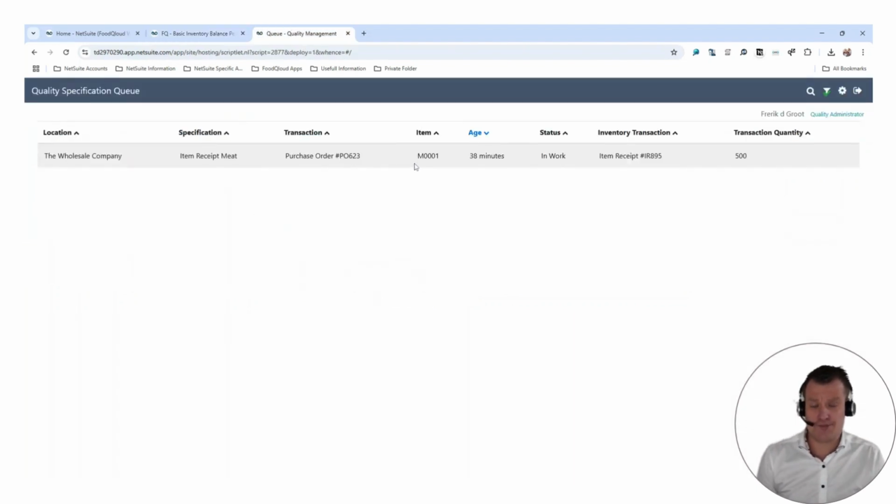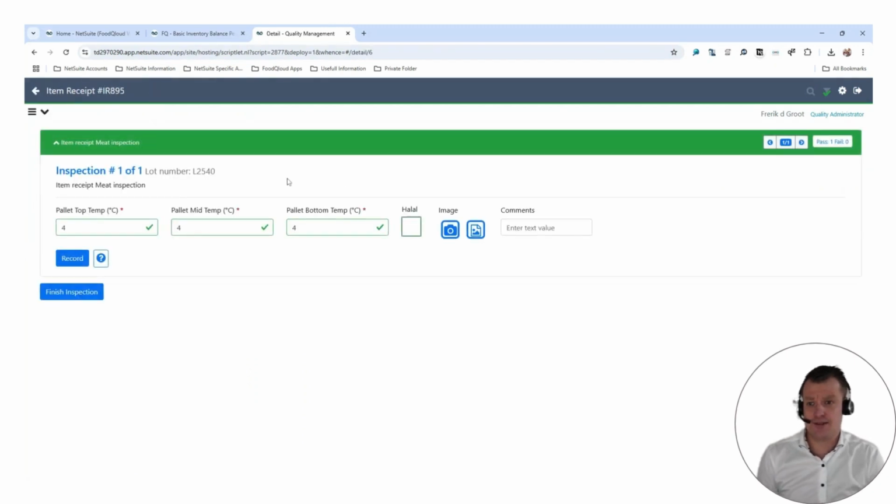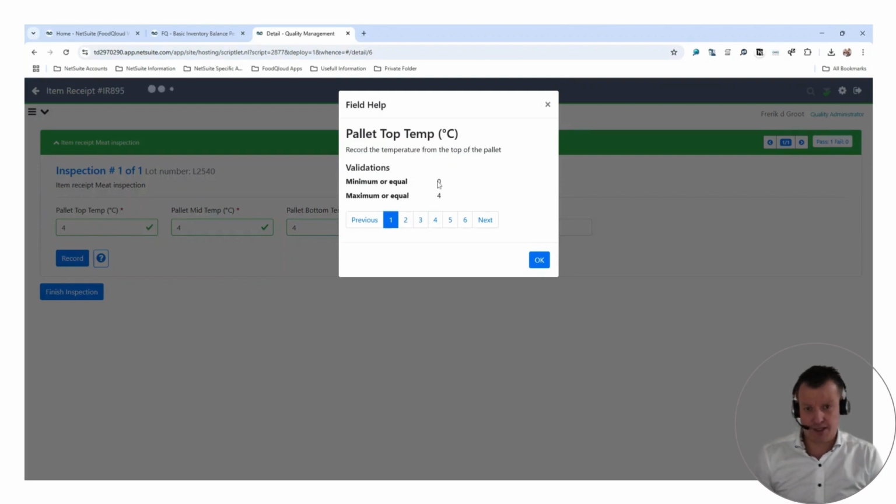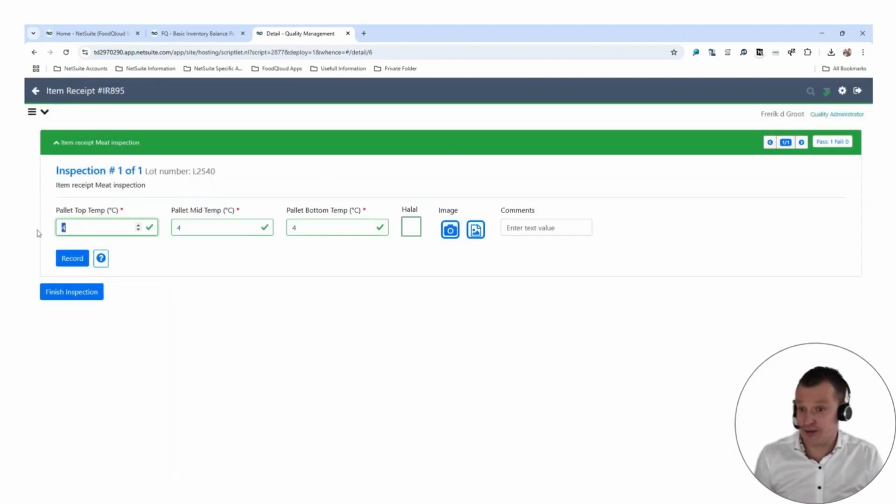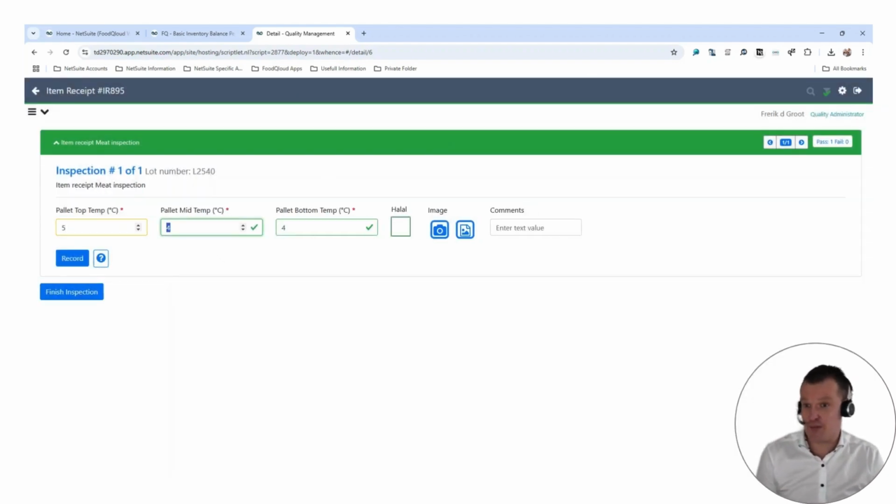The quality controller has a tablet. Clicking on the item that we want to control, they fill in the pallet top temperature, the pallet mid temperature, the pallet bottom temperature. When you check the question mark, you can see here the minimum temperature needs to be 0 and the maximum needs to be 4. When I enter, for instance, 5, the pallet top temperature is too high, and I've set the pass fail criteria, and I record